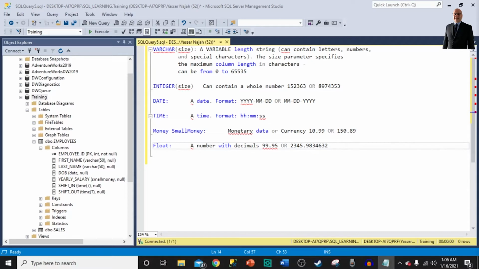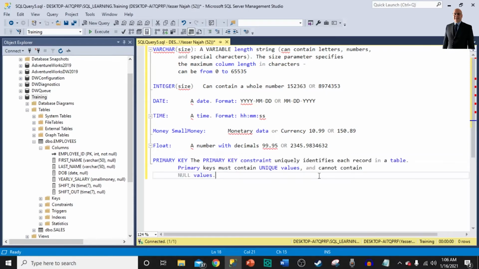The next thing that we will be showing here is the primary key constraint. The primary key constraint uniquely identifies each record within a table, and primary keys must contain a unique value and cannot contain null values. Containing a unique value means that if, for example, we enter a value for an employee ID within a table,